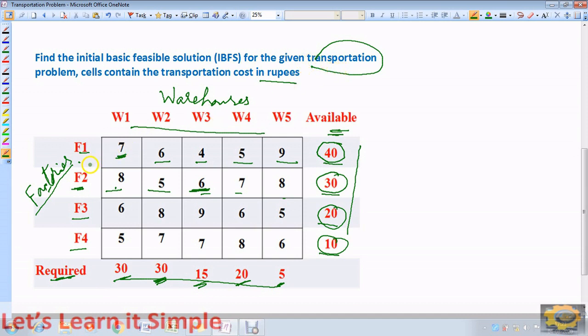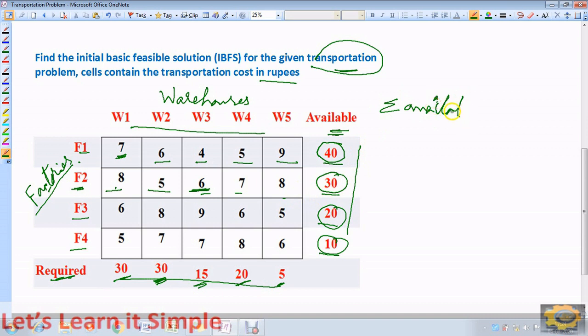Shipping a unit from n factories to n warehouses incurs a cost. So we need to reduce the transportation cost. That is the objective of this transportation problem. So the objective is to minimize the transportation cost in such a way that the supply and demand are satisfied. Before solving this problem, we need to check whether the summation of the demand and supply are equal.